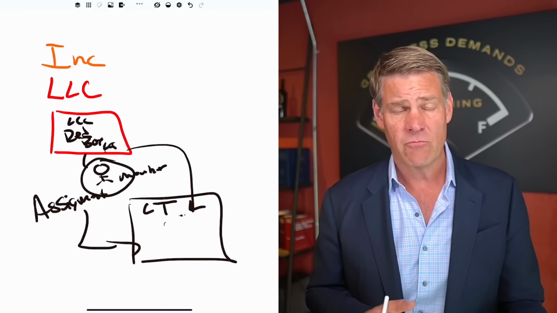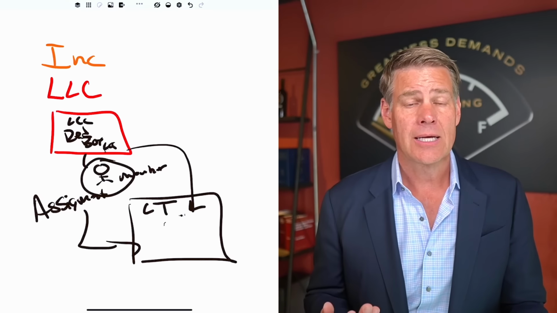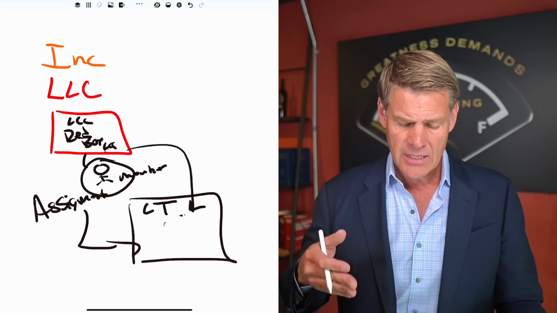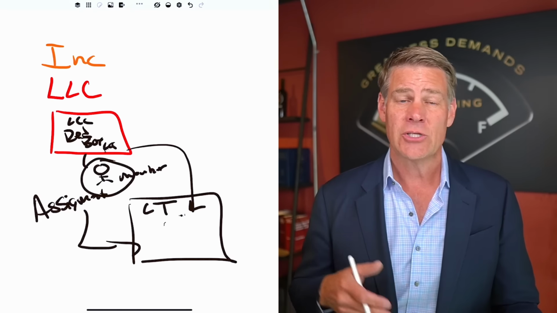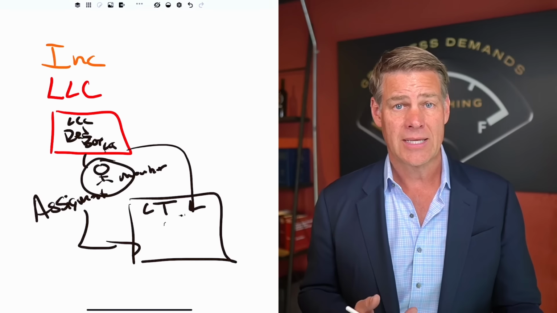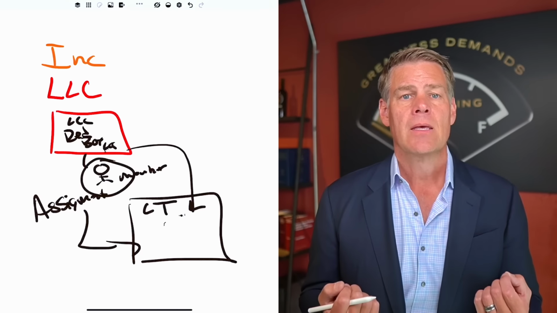Now, the problem I have with that, in restating the operating agreement for an LLC, with a corporation, this does not matter, but this really pertains to LLCs, is that when you restate that operating agreement and you show your living trust, if you're ever trying to get a loan or you're dealing with third parties with that LLC, because maybe it owns rental real estate or it's a business,